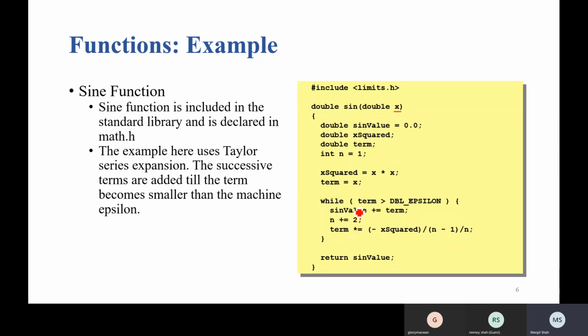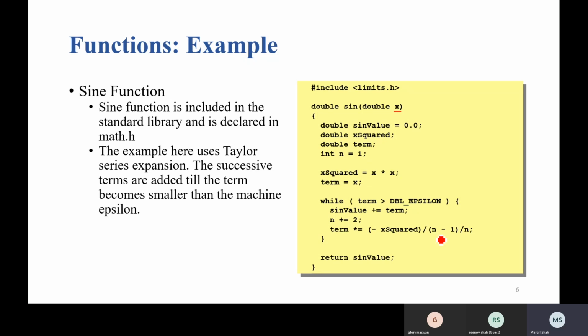While term is greater than double epsilon: sine_value plus equal to term, n plus equal to 2, and term into minus x squared divided by (n minus 1) divided by n.